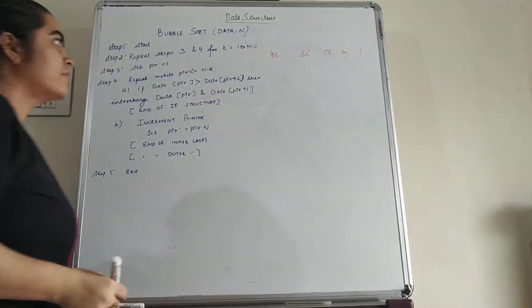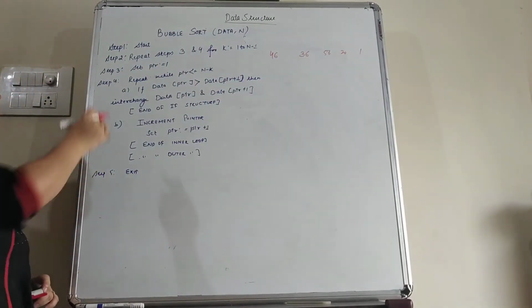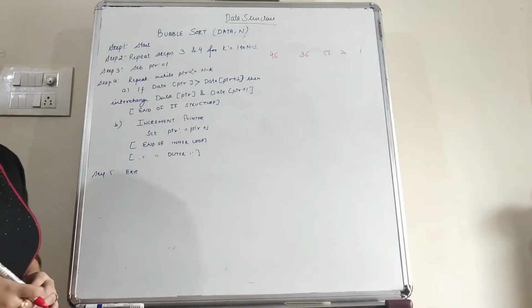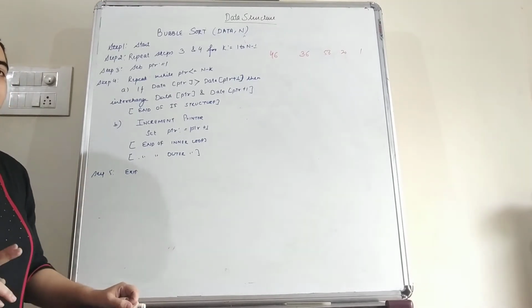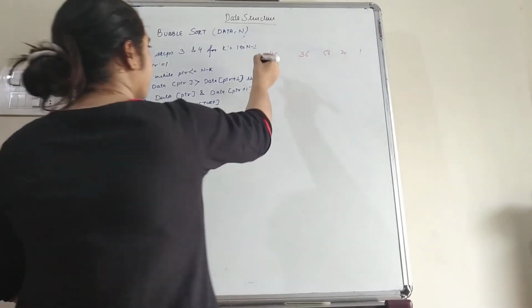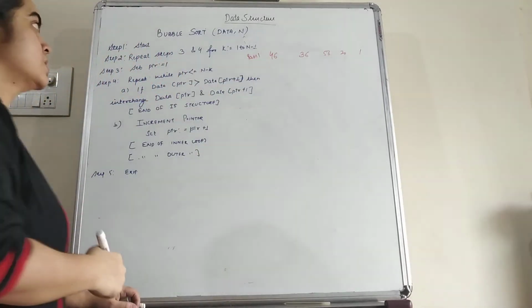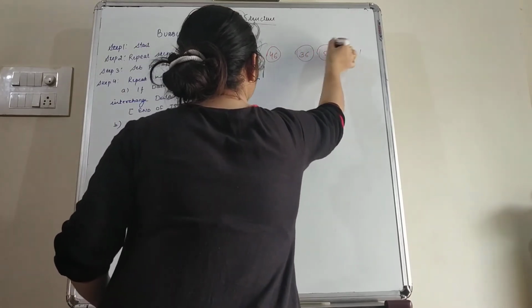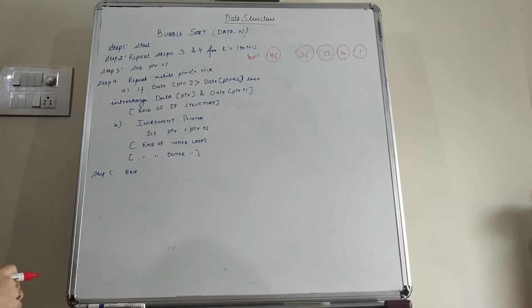So we have 5 data elements which we are going to arrange in the ascending order according to this algorithm. Now students, in a bubble sort we have 2 important things. First is the steps and second one is the passes. So we can start with the pass number 1, and within the passes there are number of steps, and each value we have to put within the bubble. So that's why this algorithm is known as a bubble sort algorithm.